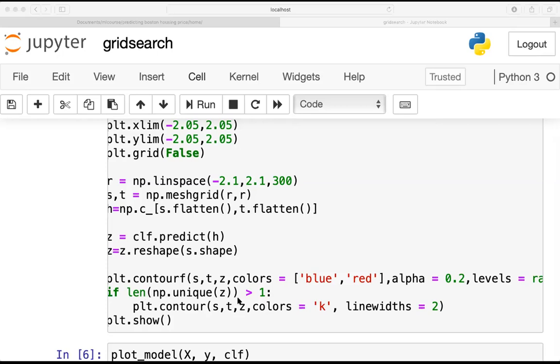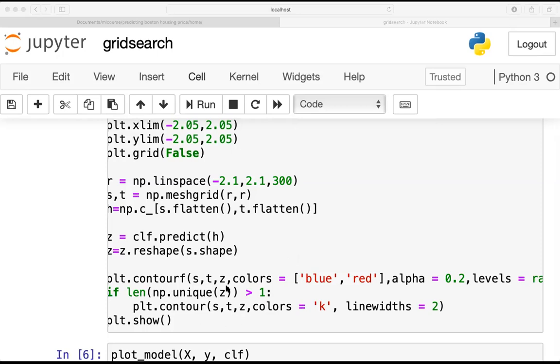Its length is greater than 1, so it satisfies the condition and will go inside this. The contourf function fills the region, whereas contour plots the contour lines in the graph.